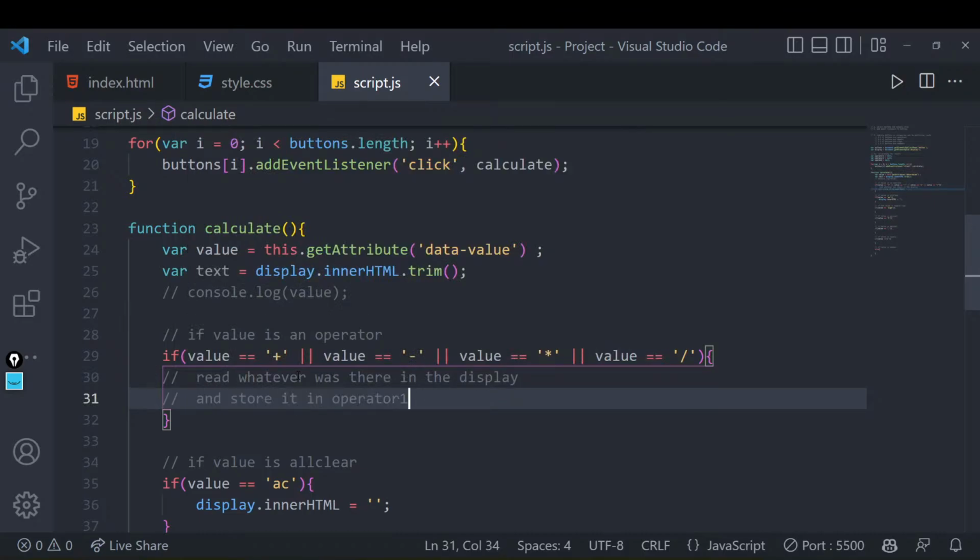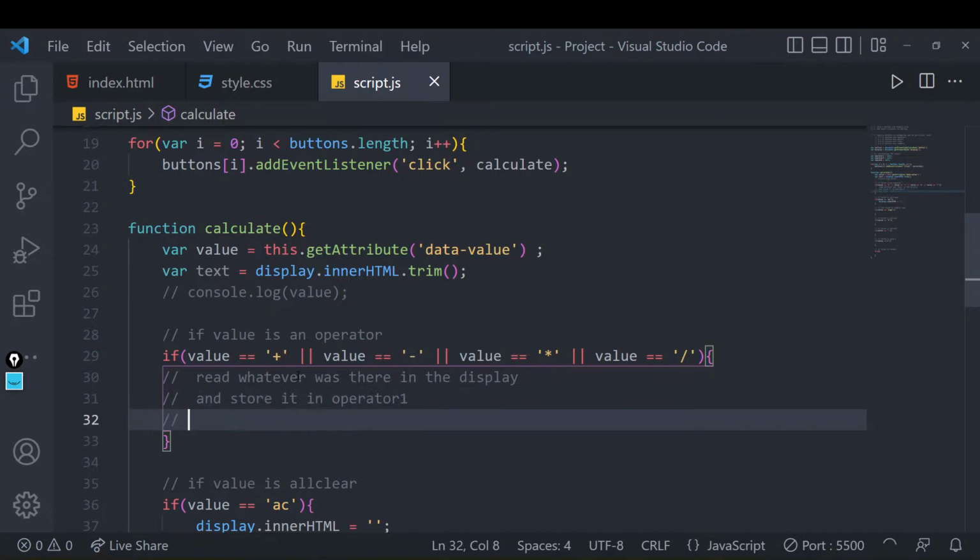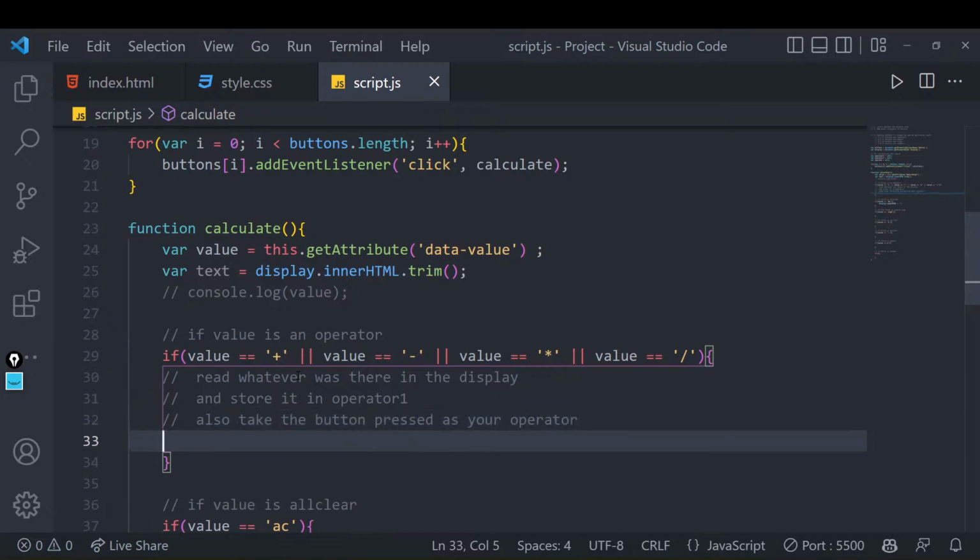Store it in operand one. Also take the button pressed as your operator. I hope this is making some sense.